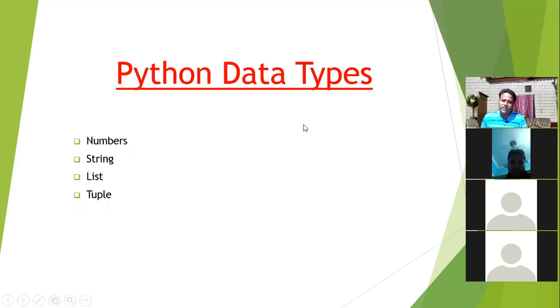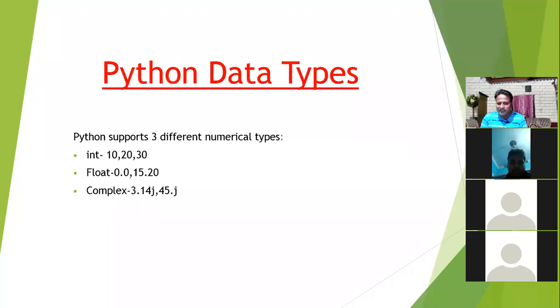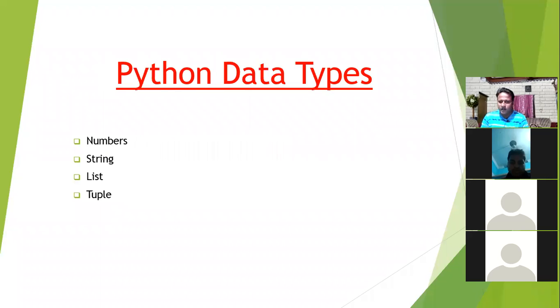Then as I show, Python does not have the usual data types, but it contains some special data types. So what special data types are present? The Python data types you can write here are number, string, list, tuple. These are the data types present. But it is not like in other programming languages, where you say it is just an integer or just a string. It is just the same as an array.